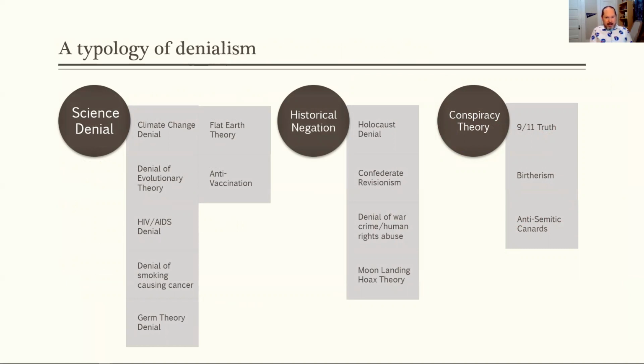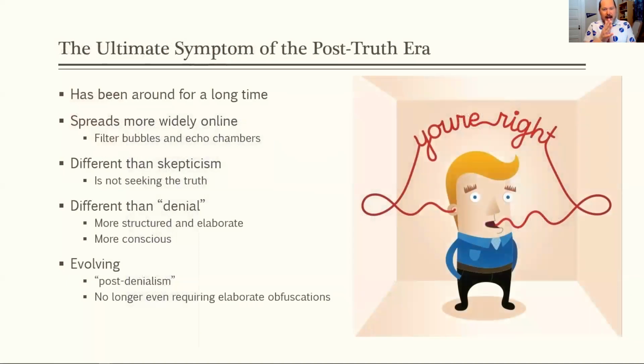And this is why it is, go back, I'm not ready for this slide yet. This is a way that you can appeal using kairos and the timeliness of this idea of denialism. It's more important than ever to deal with denialism in this post-truth era before it gets out of control, right?